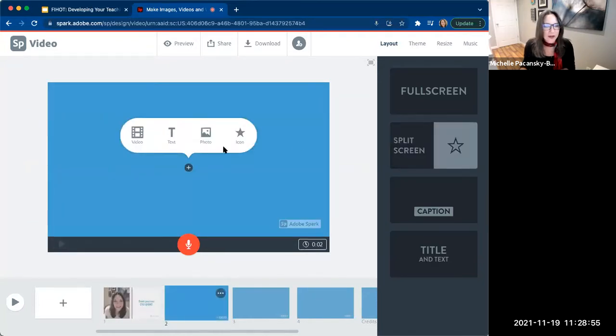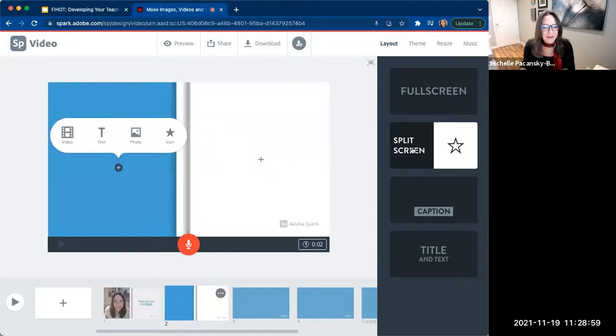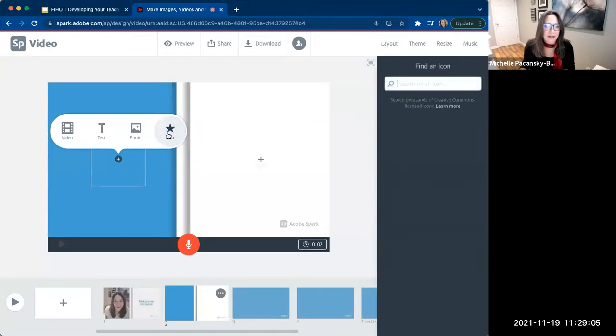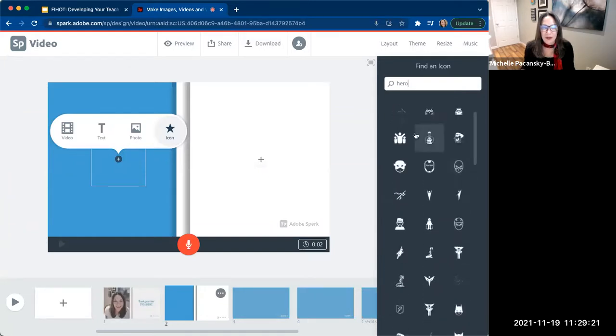And for this one, I'll do split screen again. And on the left side, this time, how about we click on icon and I'll show you what that does. Over here on the right, that takes us out to the icon search. So you can enter a word in here that relates to the icon that you're looking for, and you can scroll through and find something.